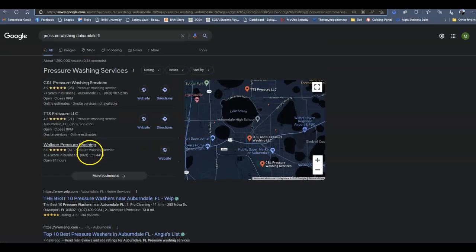9 out of 10 people will never make it to that second page, and most won't click more businesses. You want to be as easy as possible for your customers to find you in order for them to utilize your services, because if they don't know you exist, they're never going to be able to use your services. So being on the first page of the organic section and being in the top 3 of maps will ensure you get the maximum amount of traffic to your website that's going to translate into potential customers and potential revenue